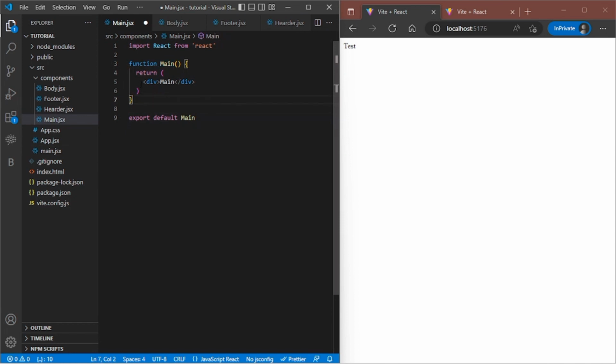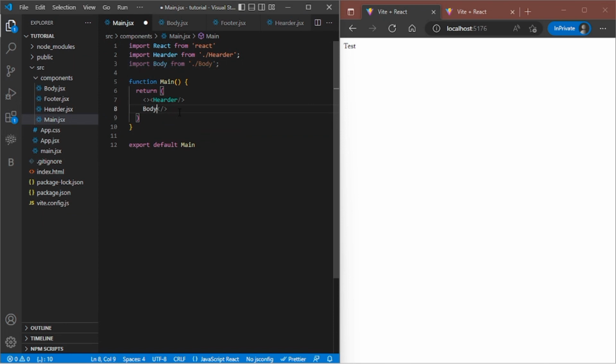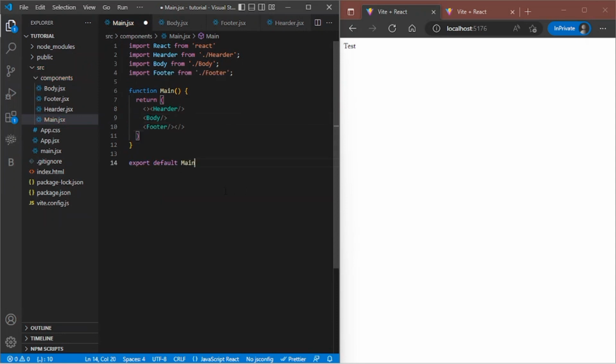And then in the main, we want to display the body and all these others. So let's just call them here. We start with the header, and then we come with the body, and then we come with the footer. So if you are wondering where I took that shortcut,